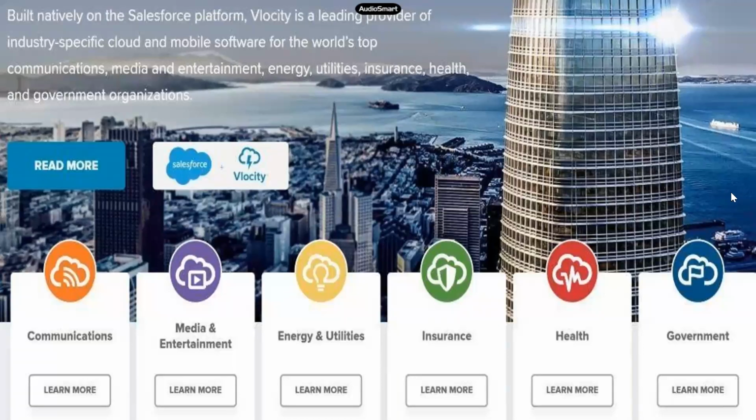To brief on what exactly Vlocity is, using Salesforce, Vlocity has identified that each industry is going to work in a different way. In the industry, all the clients or all the